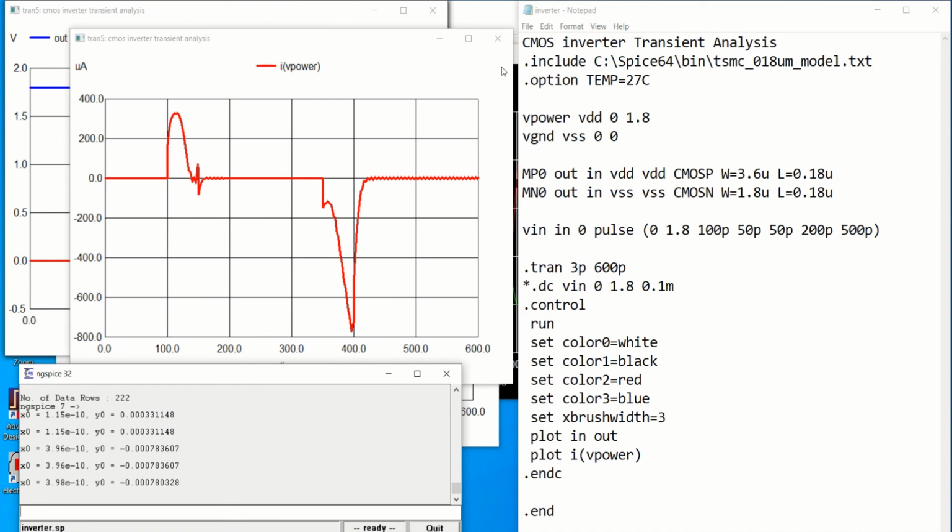So this is regarding how you perform the simulation, that is the CMOS circuits, especially for this